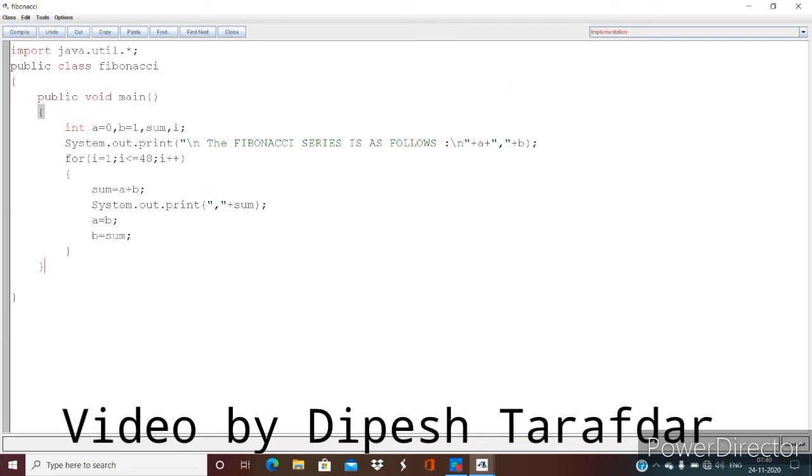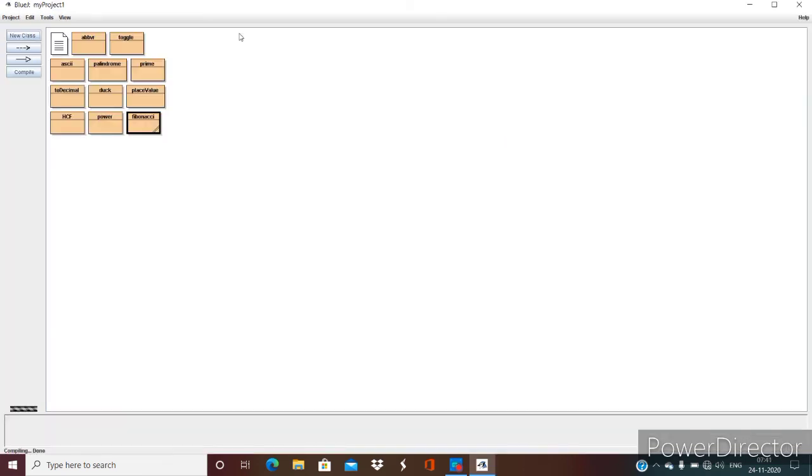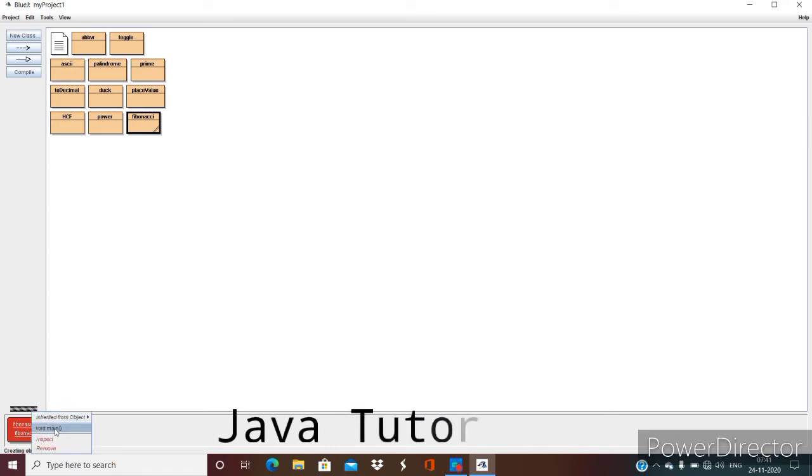Now let us check if it is syntactically correct. I'll compile the program. It shows class compiled, no syntax error. So I'll close it. I'll right click on it, new Fibonacci, OK, and execute void main.